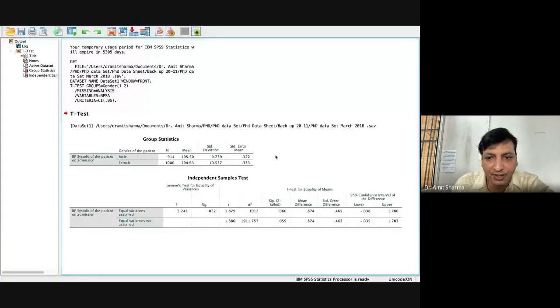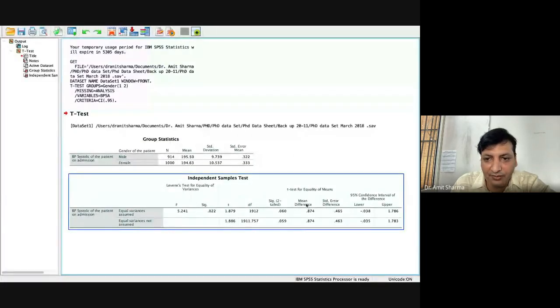Now you can see here we have got a mean difference value. See, the significance value is somehow near 0.05, but still a little bit more, 0.06 we have got. As we are very close to the significance value for the independent sample t-test, the value for Levene's is going to reduce, but not always.